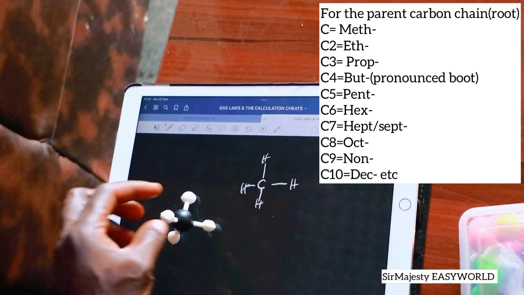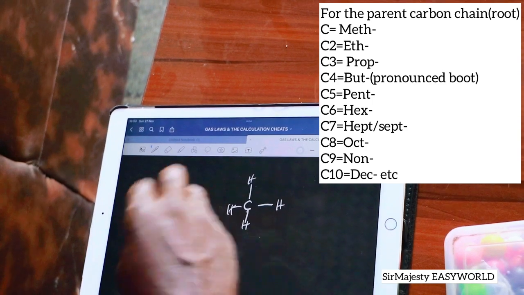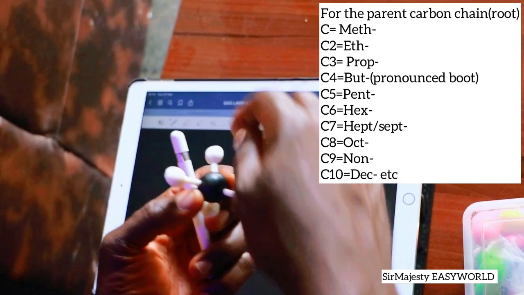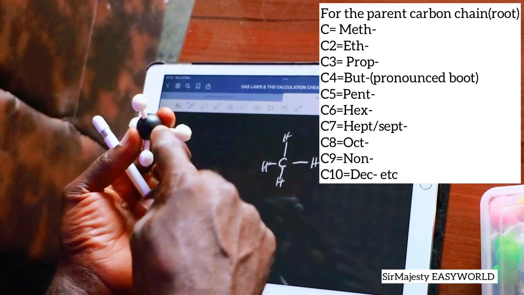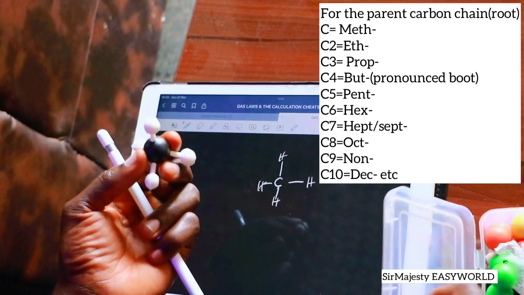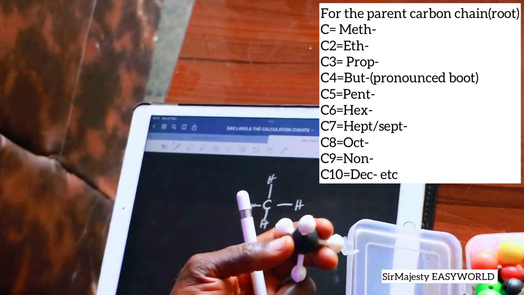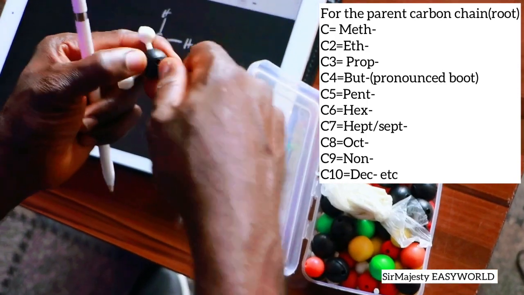What I'll be doing next is that in organic compounds, we might not waste time fixing the hydrogen again, because nomenclature lies mainly on the carbon itself. So it means that if I should remove one of the hydrogen